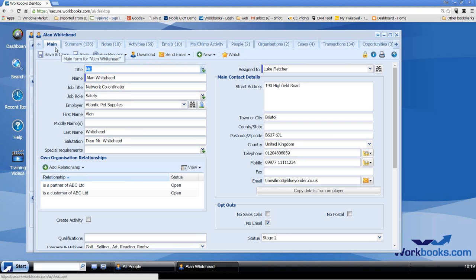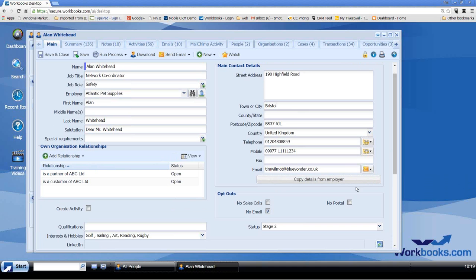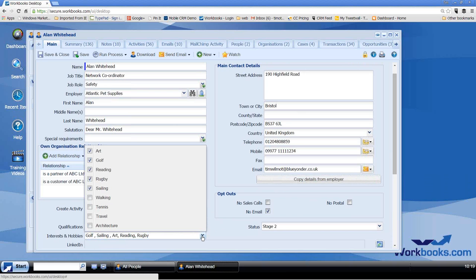But initially on this main tab, this is the key information about Alan, and this is an example of what Workbooks gives you. You can remove these fields if they're not relevant to you. You can create your own fields as well. So in an earlier demonstration I created a little hobbies field. Maybe you want to track what interests this person has, or product interests, or what products they've got right now.